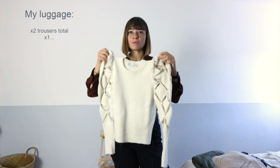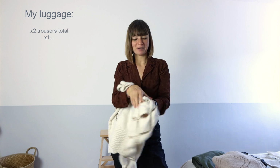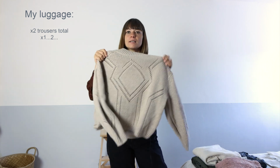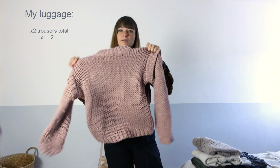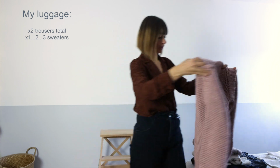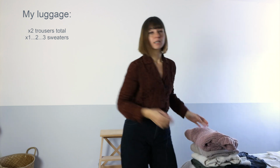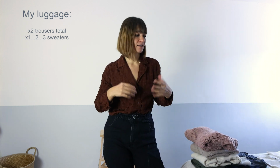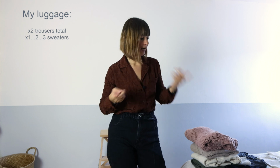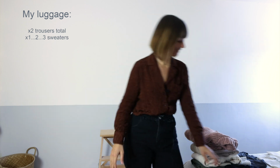I have this lovely sweater that is also kind of fancy and is absolutely fitting the place where I'm going. This and this big grain sweater. I know the colors were looking a little bit too romantic of all my sweaters. Everything felt for me very soft and girly, so I decided to bring something more strong and bold,